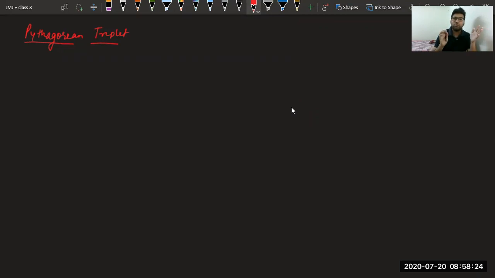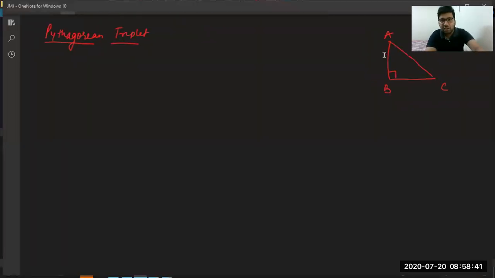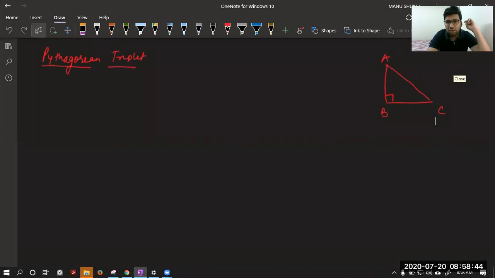Pythagoras theorem is used in right angle triangles like this. If you have a right angle triangle, I have told you, if angle B is the right angle, which side is hypotenuse? All of you please answer. If angle B is the right angle, which side is hypotenuse? Very good, Ananya. Very good, Rachit. Bhavya, good beta. Hiteshri, correct. All of you please answer.